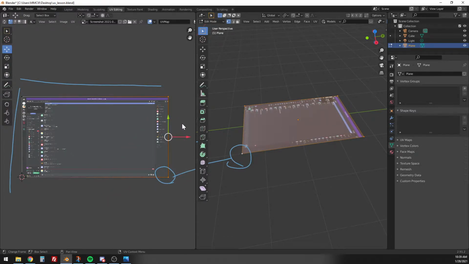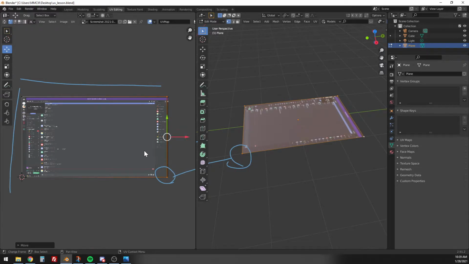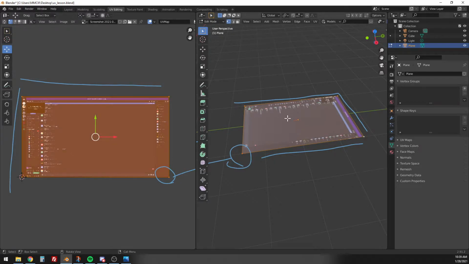And so if I wanted to scale this in a weird way, I could do that. I could stretch it out like crazy. But the issue here is, if we want this shape to stay the same, right here, then we need to change this mapping over here. So currently, if we wanted this shape right here to read as though it's a screen,